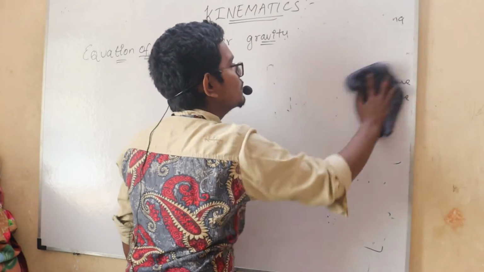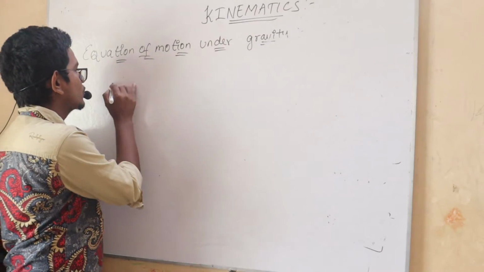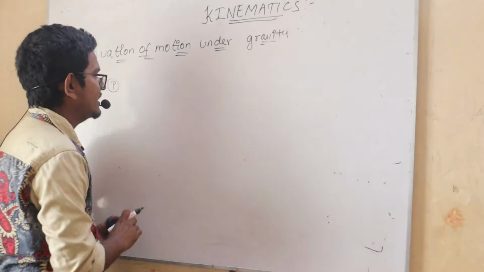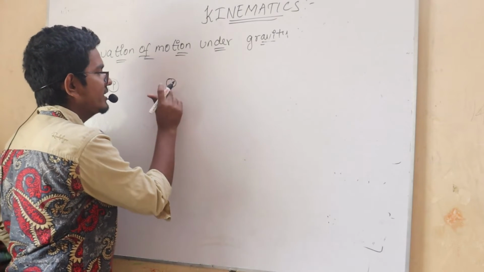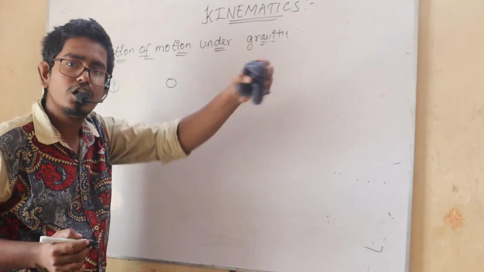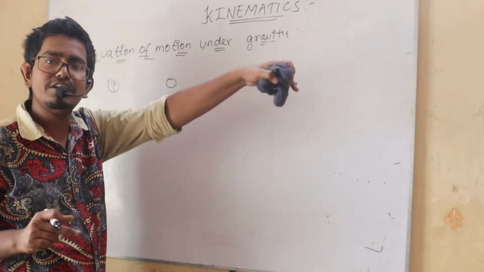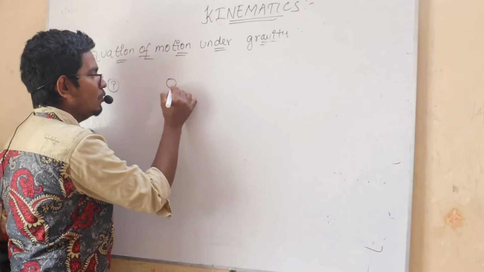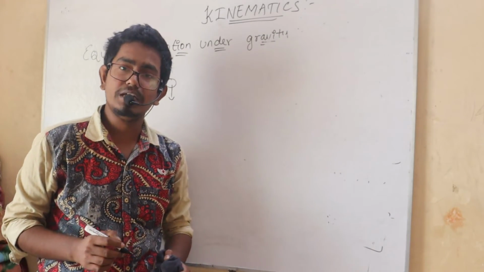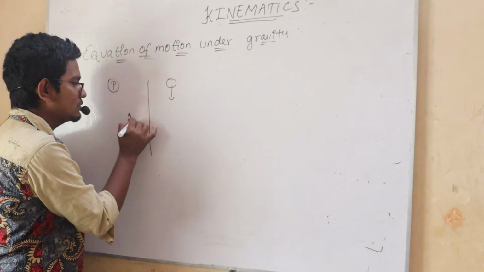So I'm going to ask you a simple question. I'm not going to write the question here, I'm just going to explain it. What they're saying is that an object is falling freely. Here is the object, and this object is going to fall freely. That means I'm not giving any velocity to this object, I'm just leaving it freely. So from the top of a tower, which is at a height of 20 meter, for example, this is the tower, its height is 20 meter.